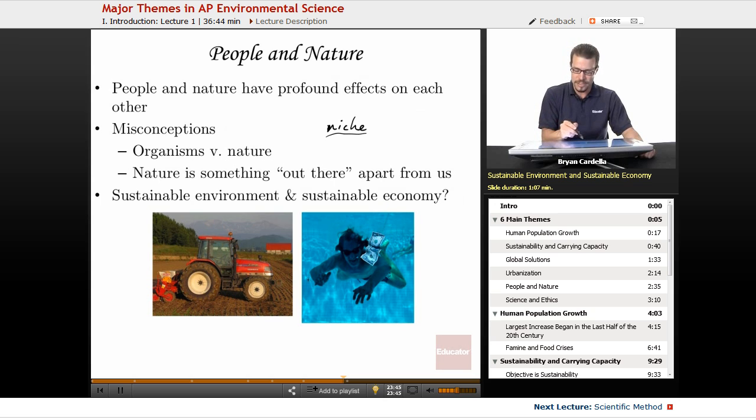I chose this image because it reminds me of one of my favorite rock and roll album covers, Nevermind by Nirvana. Instead of a baby here, you have an adult swimming through the water trying to get that dollar. Because what drives us, especially in a capitalistic society, is getting that dollar and making a profit. Hopefully we can intertwine these so that sustaining the environment and making a buck can coincide.